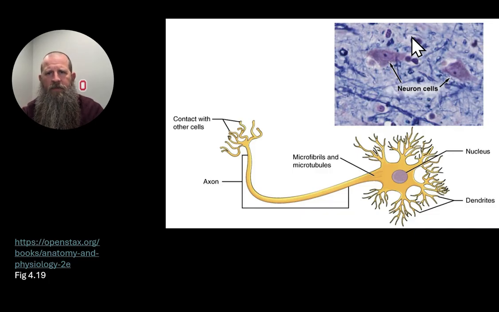And then these cells out here are going to be the supporting cells, or the sustentacular cells. And because the neurons are important, they need support. There are a couple of different types of supporting cells, which we'll talk about when we get to